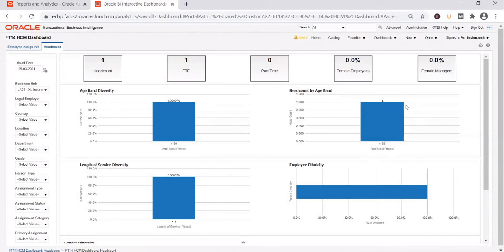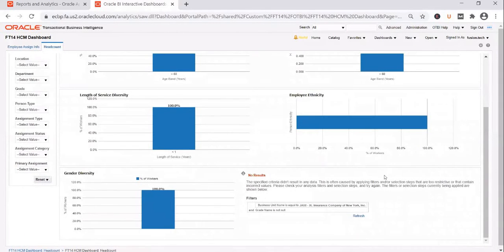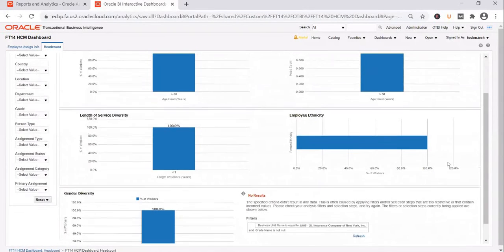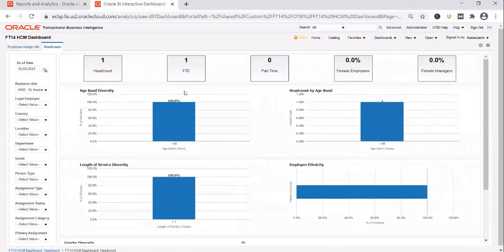And sometimes they might ask you to change the way report output is displayed. If you look at this report output, it is displaying the output in a vertical bar chart, right? So they might ask you to change it to horizontal, or take out a report in case it doesn't make sense for them, or create a new custom report and add it onto the page. So these are the sorts of changes you might come across. So how do you make those changes?